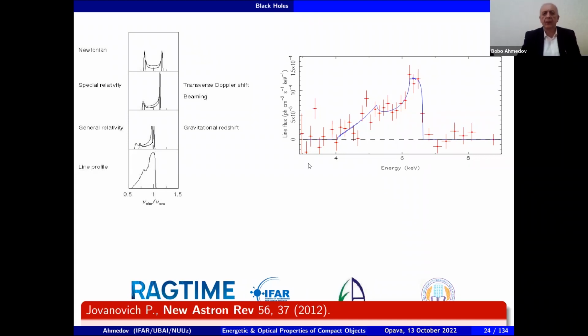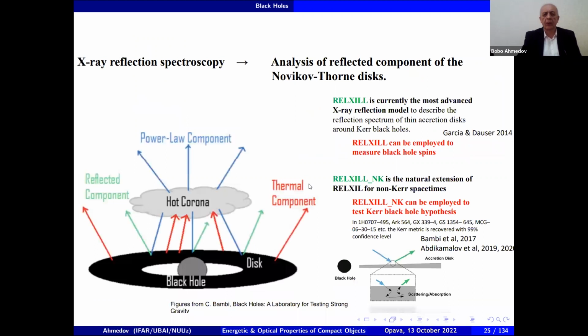So this method can give opportunity to measure the spin of the black hole, and there is X-ray reflection spectroscopy, which is applied to the Novikov-Thorne model, and it was developed by Cosimo Bambi, and from our group, Asghar Abdikamalov